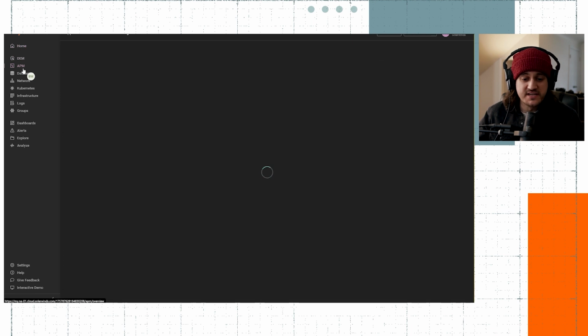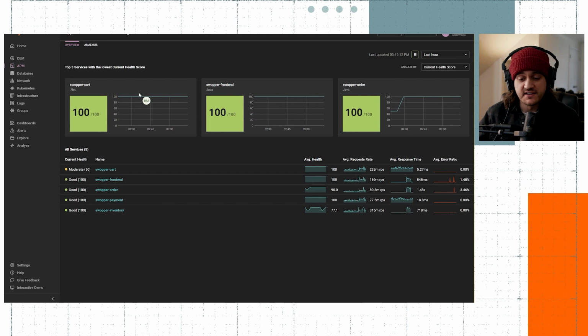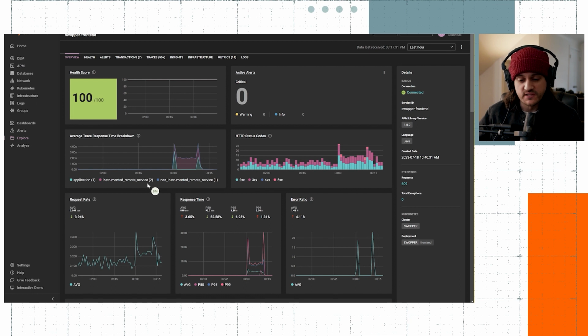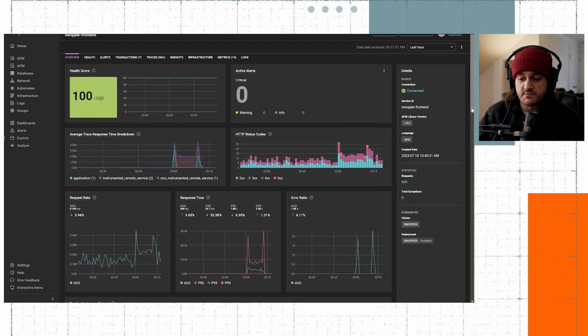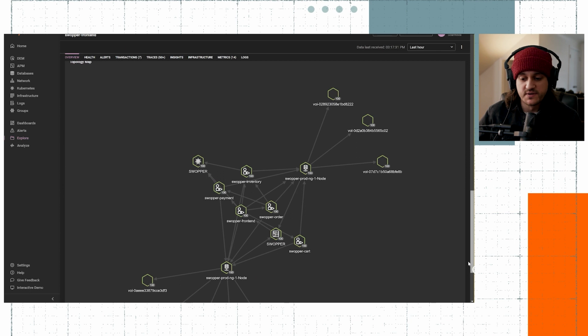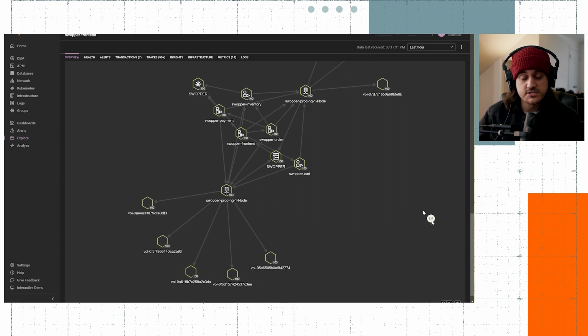Exactly. And one of the other ways that we can help with the blame game is that with the correlation that's going on in the back end, we can actually see a visualization that's drawn up by the platform of those relationships. So you'll notice I'm in a Java application right now. And if I scroll all the way to the bottom of this overview page, we'll see what we call a topology map. And this is an automated visualization that's just showing us the relationships between all of those entities that have potential to impact each other.